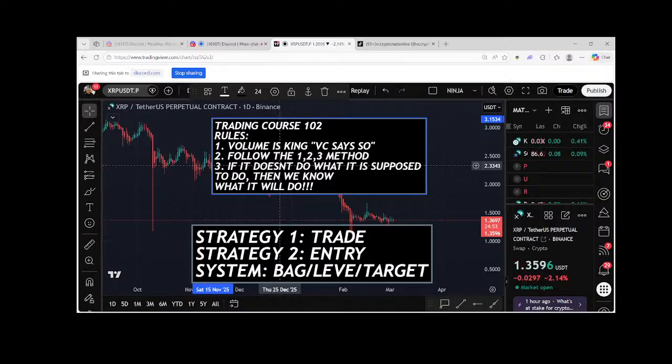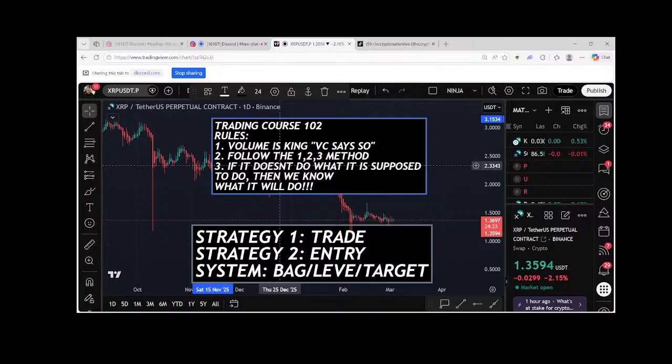If it doesn't do what it's supposed to do, then we know what it will do. What that simply means is that if the pattern says bull, if the movement says it's going up, if the trend is up, if all these things say that it's going to be a long, but then you see where the third move is supposed to be big, but it fails and the volume is starting, the money's starting to go away, that all tells you that the trade that you believe is